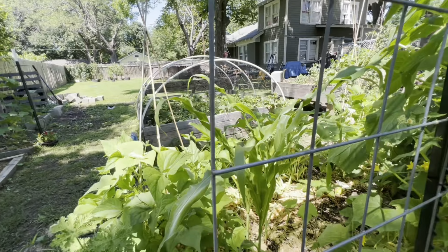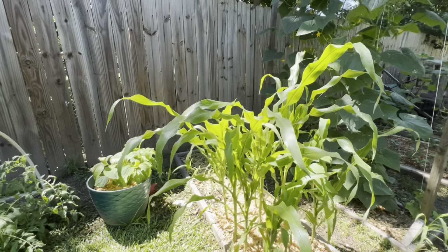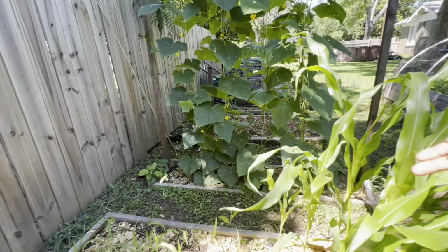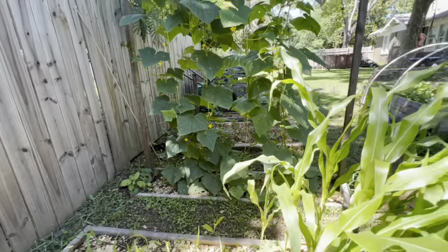So those are all planted together. And then I had a volunteer sunflower come up, and I just transplanted her right there. She's doing her thing. What is this? Is this a bug? Oh, no. But yeah. And then on the arch trellis is all cucumber, and then here at the end, in the last 2 square feet,